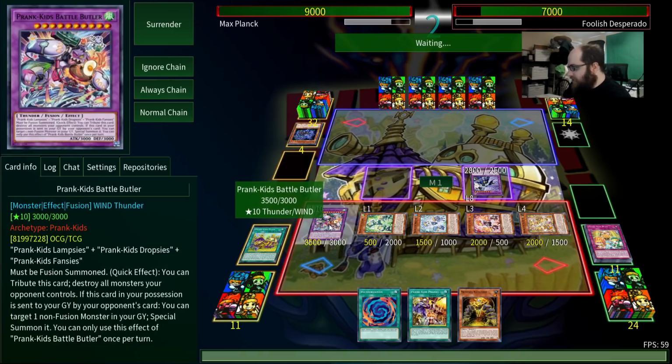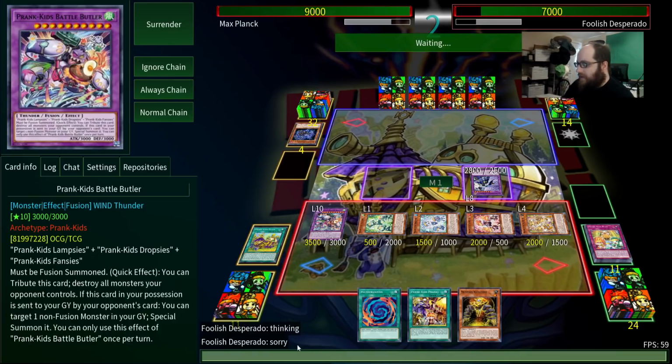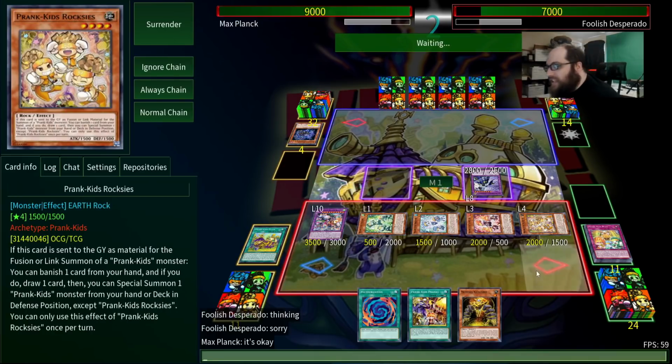We just basically got to save this. I believe this is a quick effect, okay, this is during... I have to remember, because this is only during the main phase. Same thing with the fusion. Thinking, sorry. It's okay. Pranks are confusing. They're one of those things that seem confusing, because there's a lot of stuff going on, but